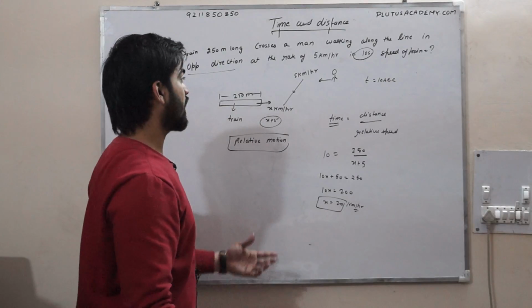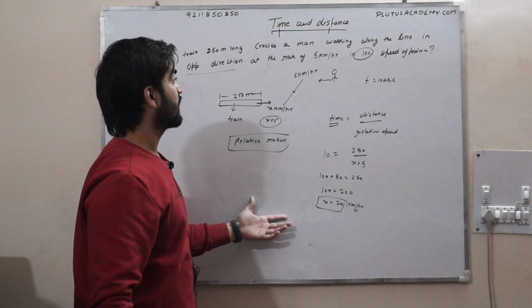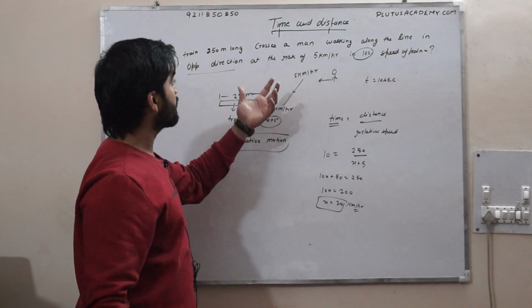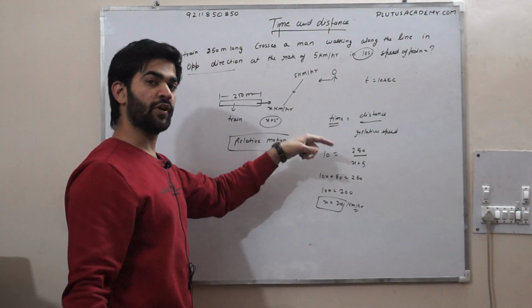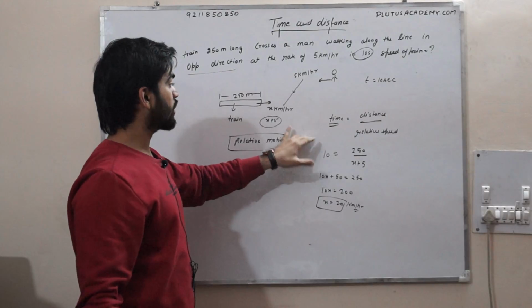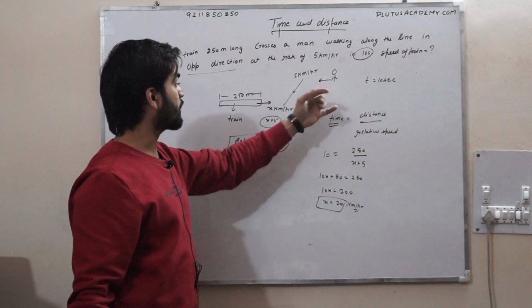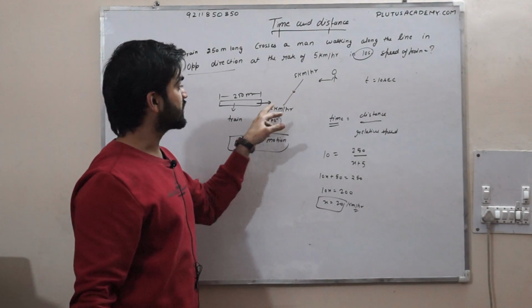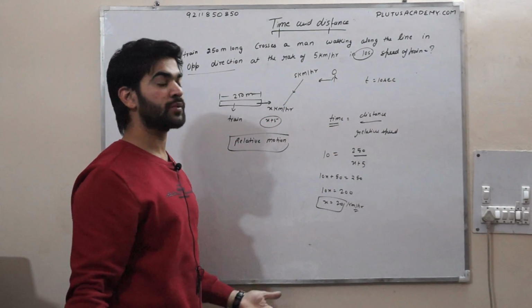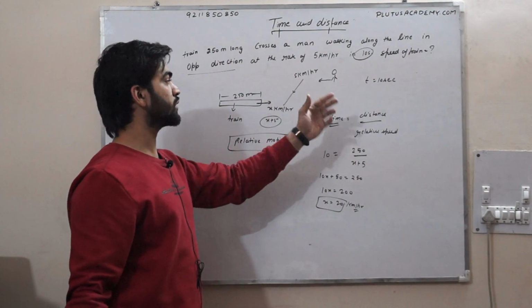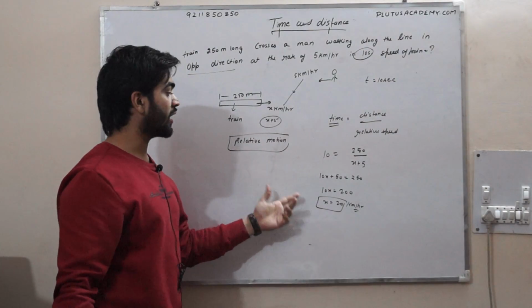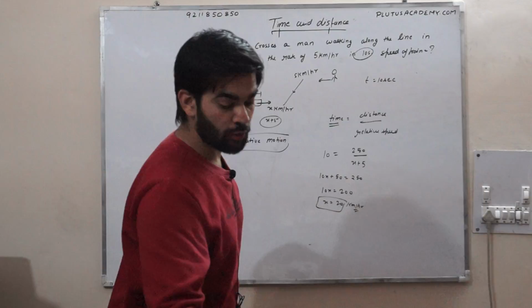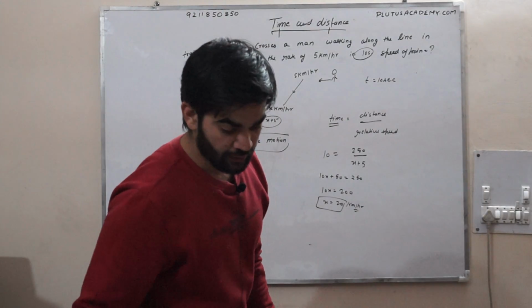So what is the final answer? 20 km per hour. आपको इन क्वेश्चंस में क्या ध्यान रखना है? हमेशा जब भी कॉन्सेप्ट रिलेटिव मोशन का हो ना, रिलेटिव मोशन मतलब जो दो चीज़ें मूव कर रही हैं, यहाँ पर कुछ भी रेस्ट में नहीं है, तो अगर अपोजिट डायरेक्शन में डाटा है तो आप ऐड कर दीजिए, लेकिन अगर सेम डायरेक्शन में होता है, हम नेक्स्ट क्वेश्चन में देखेंगे, अगर सेम डायरेक्शन में होता है तो सब्ट्रैक्ट हो जाता है. दिस इज द कॉन्सेप्ट ऑफ रिलेटिव मोशन. सो आवर आंसर इज x इक्वल टू 20 किलोमीटर पर आवर.